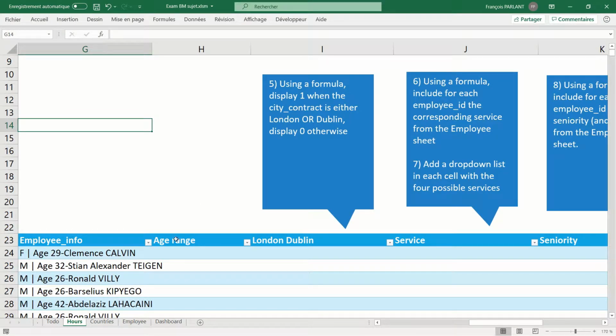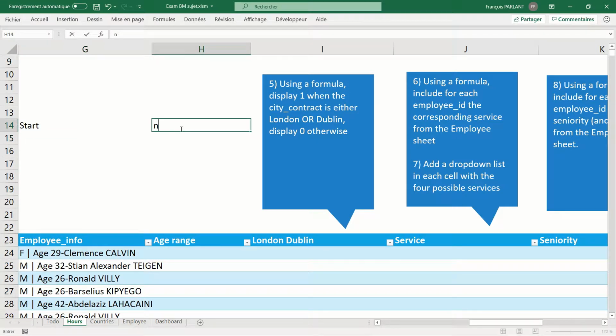Now, what we want is some age ranges. For example, we want to know that people who are 24 years old, they are in their 20s, so that we can group people by 20s, 30s, 40s, etc. Here, it's very interesting because you have to create yourself the right table. So what do you have first? Do you have the name of the range, 20s, 40s, etc., or do you have the numbers? Of course, you've done it many times, you have to start with the numbers and then the name of the